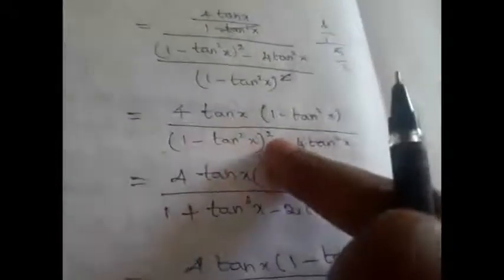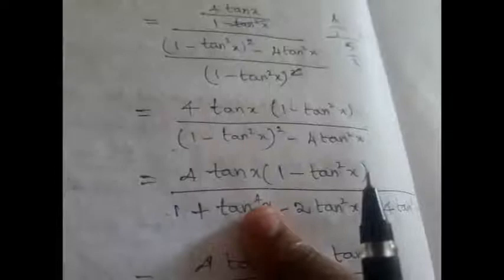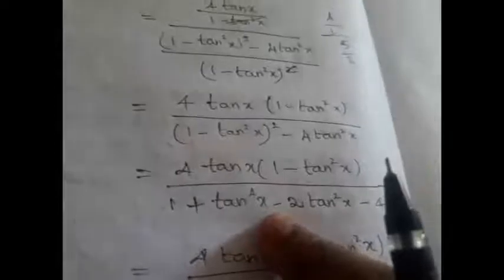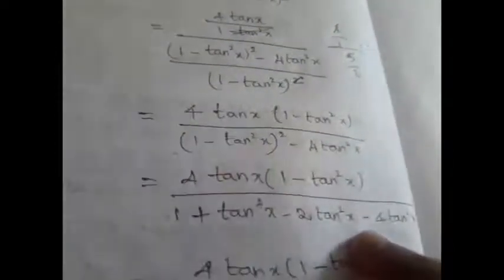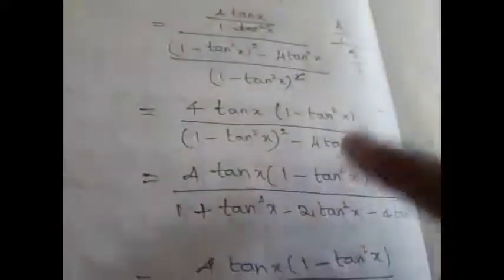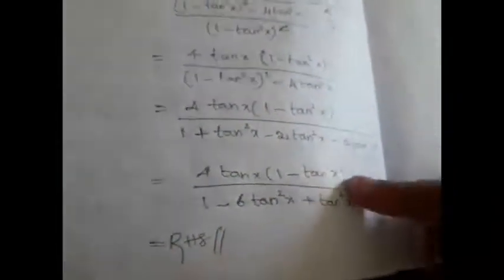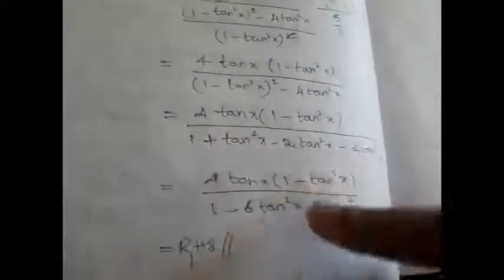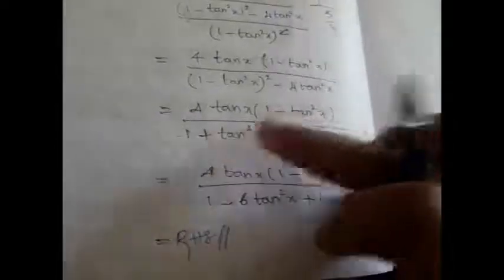Now after this, what you should do? Expand this using a minus b the whole square identity. A square plus b square, tan square x the whole square is tan power 4x. Tan square x, if you square it again, it will become 4 minus 2ab, 2 into 1 into tan square x, right? So 2 tan square x minus 4 tan square x, right? Numerator we are having as such because that is what we need to prove. That is what is given in the question. So we didn't further simplify it, we retained as such. Now minus 2 tan square x minus 4 tan square x, these two are like terms, so we can add. It will become minus 6 tan square x and this is plus tan power 4x.